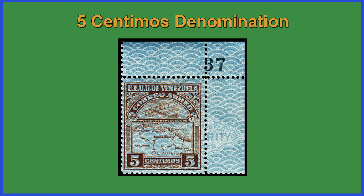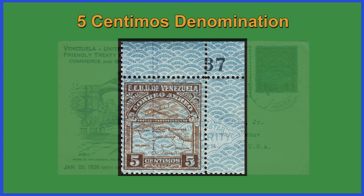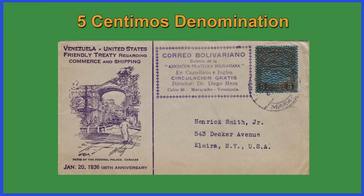300,000 of the 5 centimos were produced. This denomination amounted to less than 1.5 cents United States. It found heavy usage on envelopes as a make-up rate, but it could not be singly used for airmail except in questionable instances. One such instance is this favor cover, sent to members of the Bolivian Stamp Association via